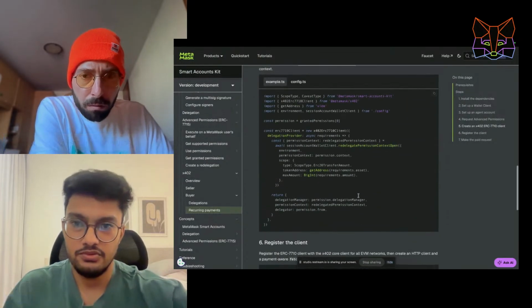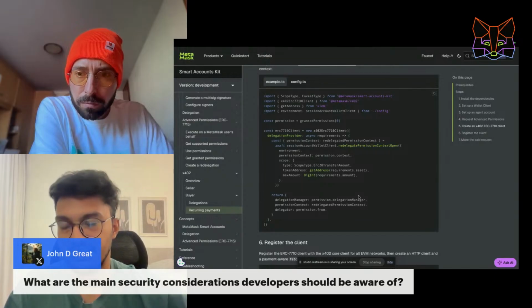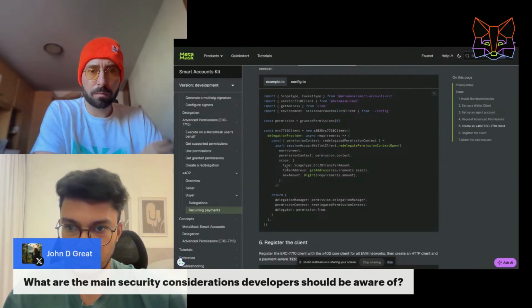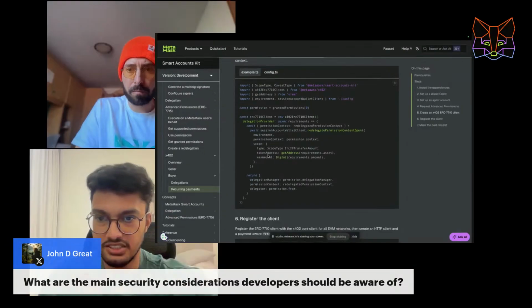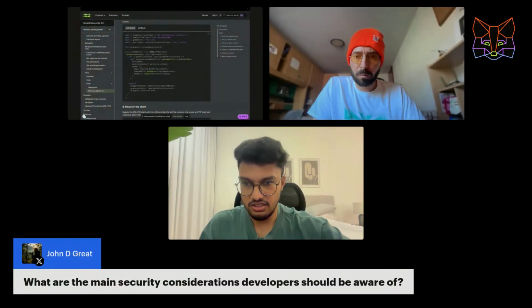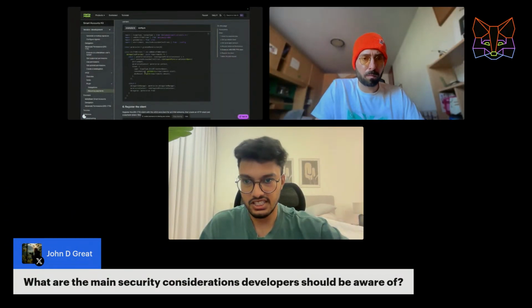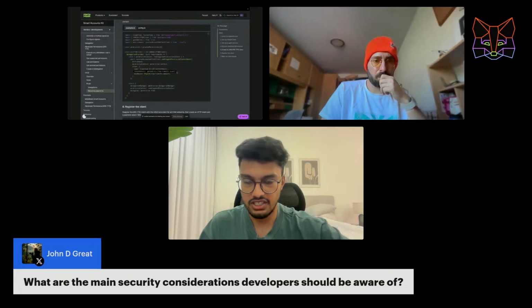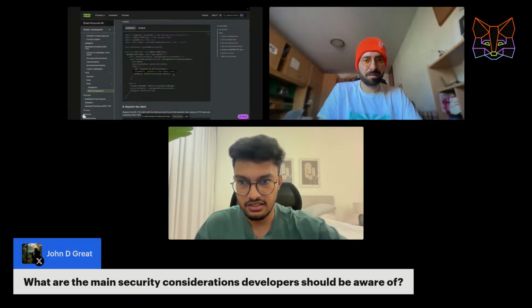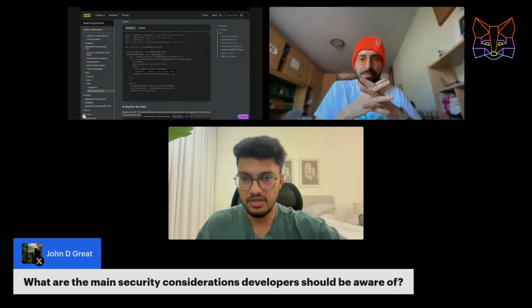For this one, with the 7710, make sure that whenever you are creating a redelegation, an open redelegation, you are restricting it to a specific token amount. The other thing you can add is redeem enforcers.